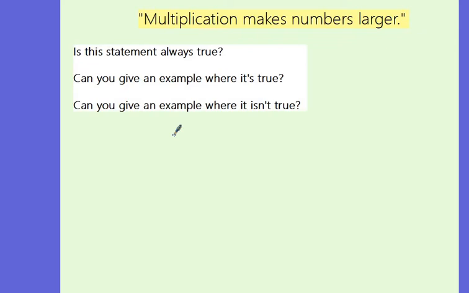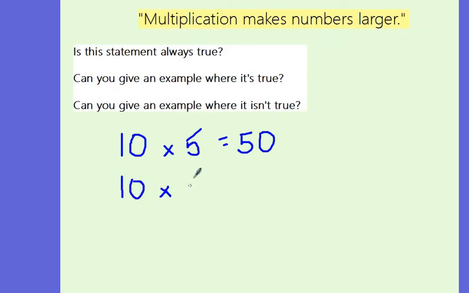Right, let's go through the answers. Is this statement always true? Well, if I had a number like 10 times 5, that would give me 50. And yes, multiplication has made that number 10 larger. However, if I did 10 times a half,